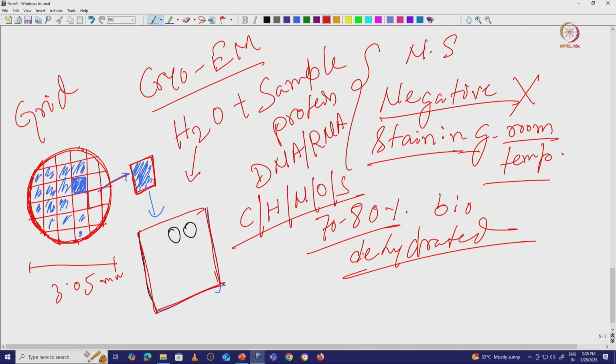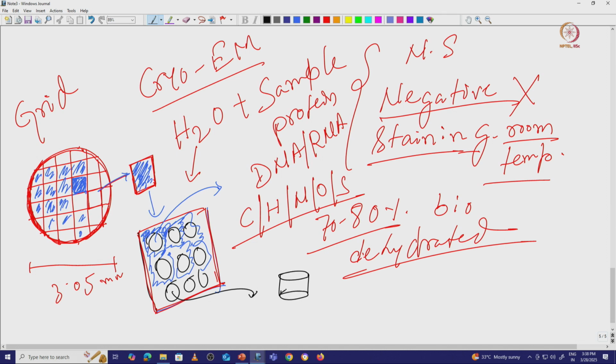So this is the copper, this is our hole, and the carbon will be outside of those holes. Okay, so there will be some carbon outside the hole, and this is the area where we are going to do the imaging. This hole we are targeting for imaging purposes. If you look at it in AFM, the atomic force microscope, it will be a hole something like that.